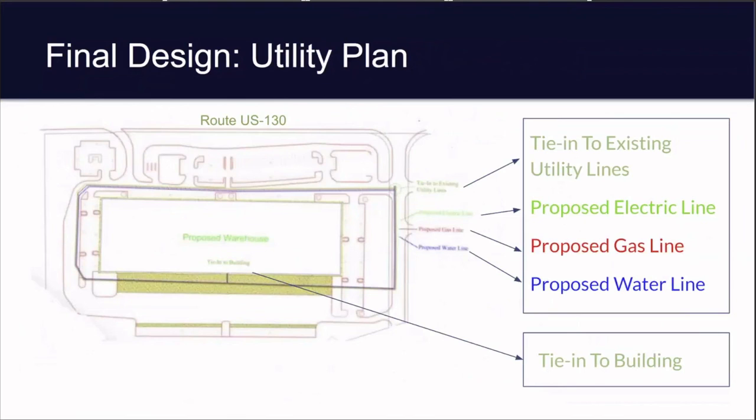There are existing electric, water, and gas lines coming down from US 130. The proposed lines will tie in at the top right corner of the building and will continue to wrap around each side of the building until they meet in the back where they will tie into the warehouse. It is a very simple design, but it is efficient and provides redundancy throughout the whole